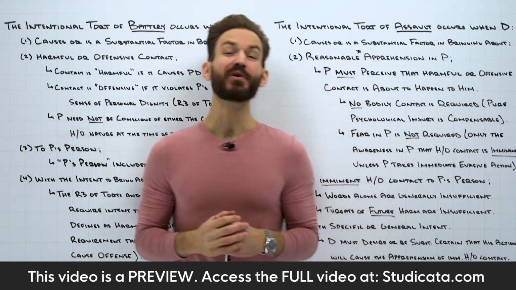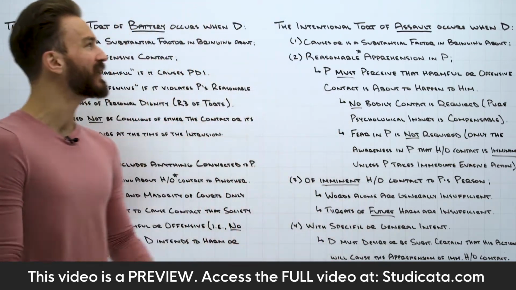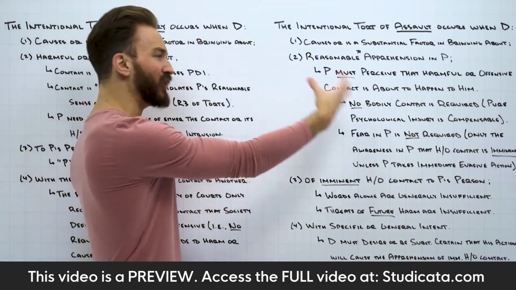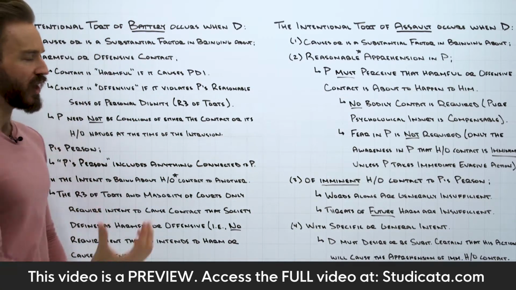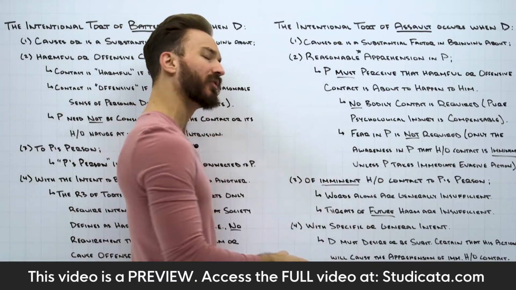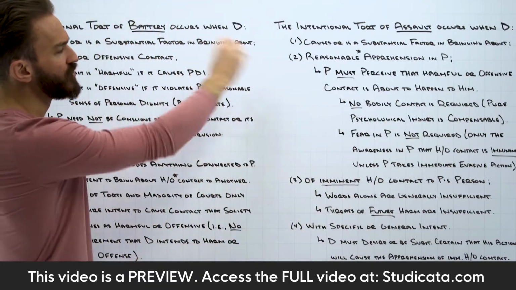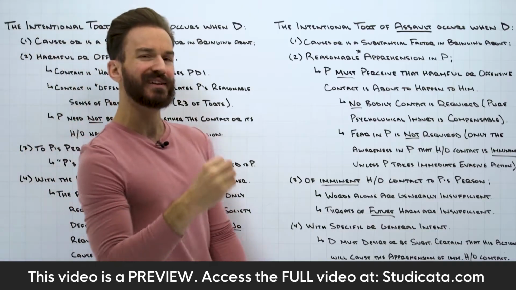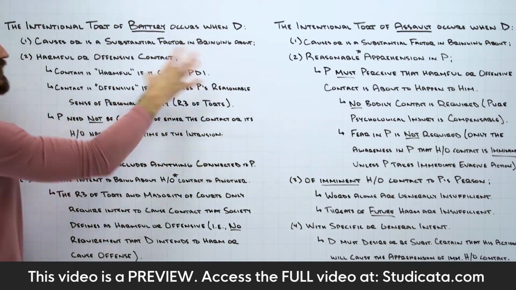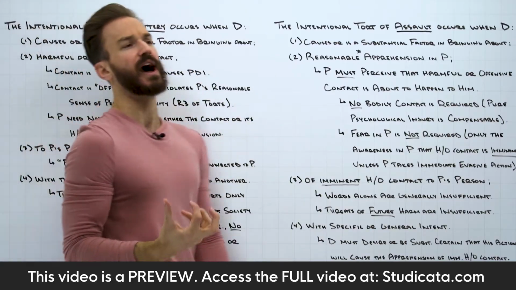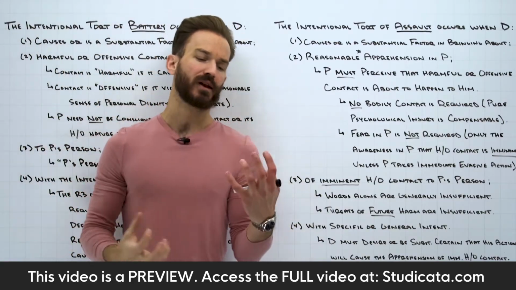In this lesson, we're going to go over the traditional elements of battery and assault. We'll start with battery first, establish what these elements are, then we'll talk about assault, establish what these elements are, and as we go through it, it'll be important for us to try to distinguish some of the differences and some of the similarities between these two torts, because oftentimes when we're analyzing battery and assault